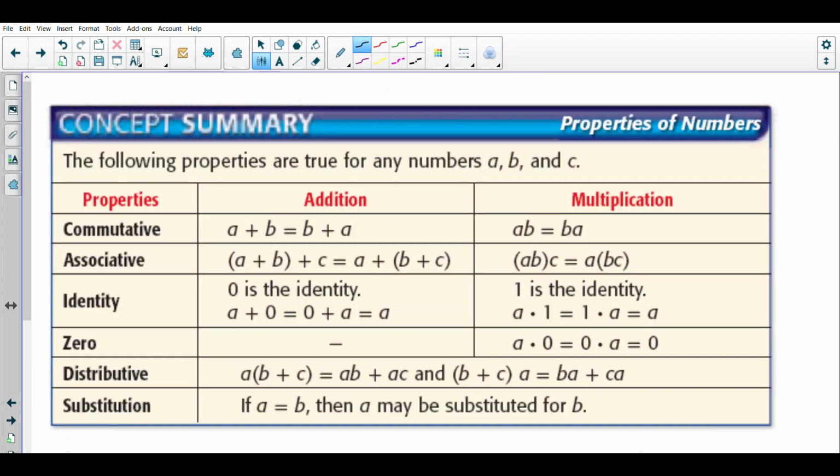Okay, so here are all the properties we've dealt with in the last couple of sections. We have the commutative property, the associative, the identity properties, the zero properties, the distributive property, and then substitution, where it takes something of equal value out. Okay,